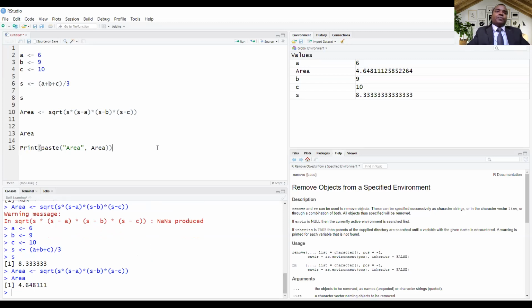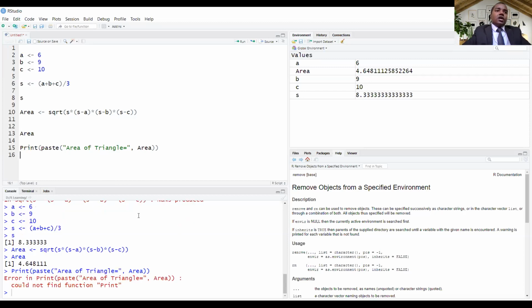Let's print it on the screen with the print function, and we want to write "area of triangle equal to" that value. Let's see what is happening. There is an error: could not find the function "Print". We have written capital P, which is not correct.